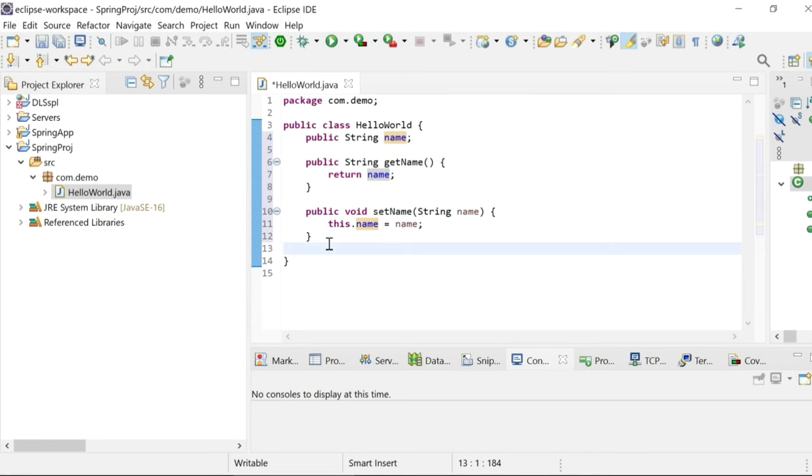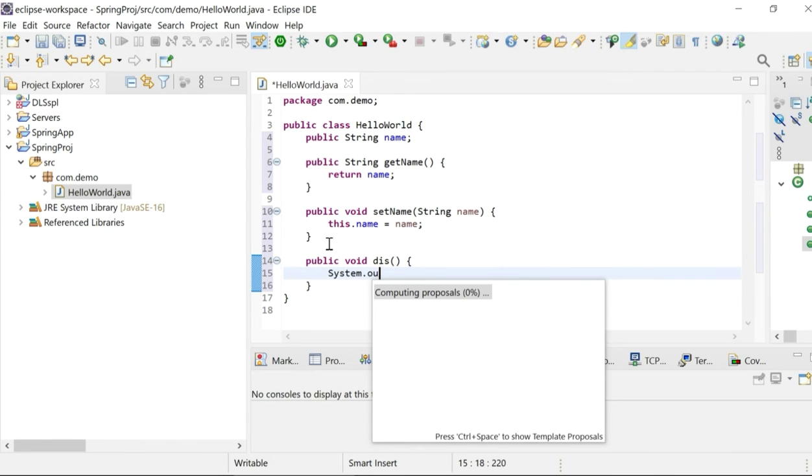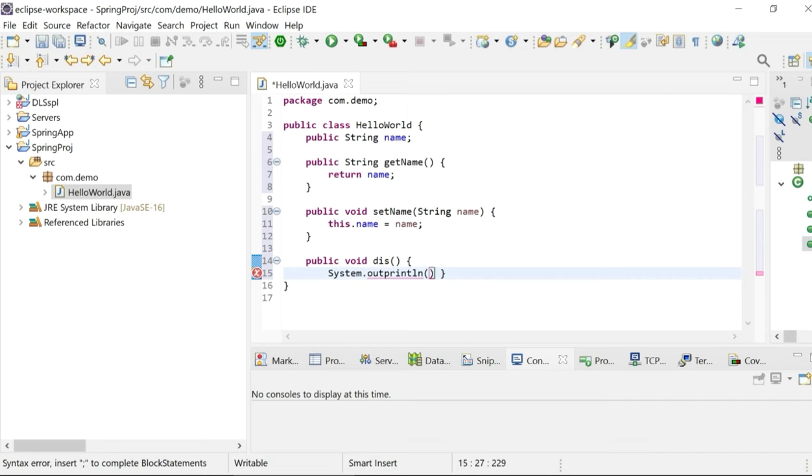Here one more method I'm going to define, that is public void dis. Inside this I'm going to give system.out.println. I just give a text hello within double quotes plus the variable we declared, name.